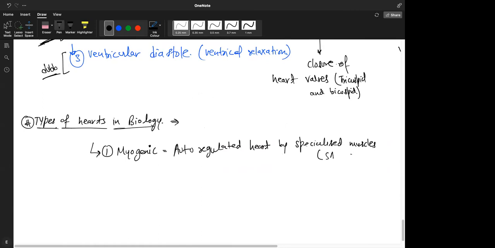Nodal muscles. So SA node and AV node. These two types of muscles are specialized and keep the heart on an auto-regulated beating system. Now these muscles cannot be controlled but can be modulated depending on what you are doing. Are you sleeping? So the brain can modulate these tissues, but it cannot totally control them. This is the reason that the human heart keeps on beating even when it is outside the body,